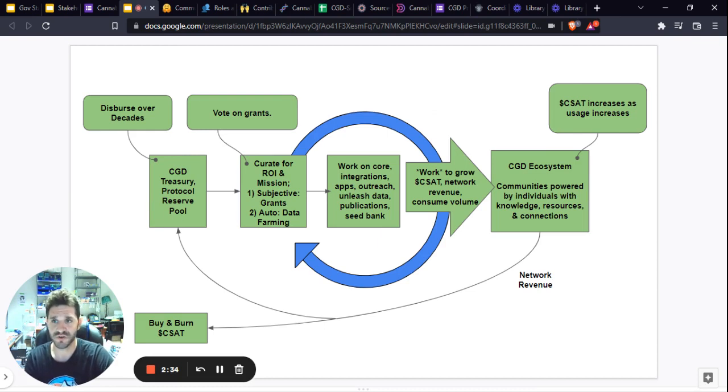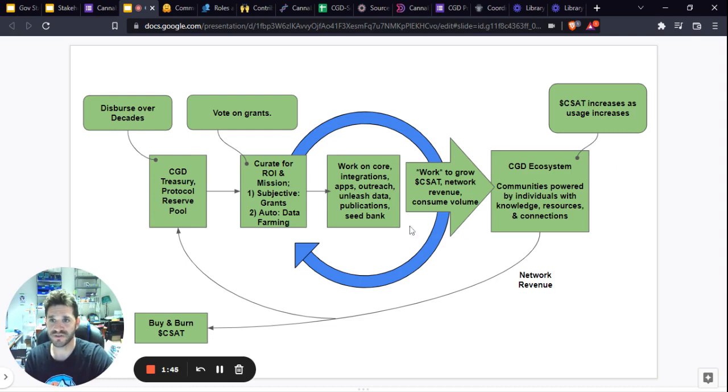reserve pool. So as we work on core integrations, apps, outreach, unleashing more data, publications, and the decentralized seed bank, these are the products and services that we're creating to generate value for our community, both the individuals and the community as a whole. And that regenerative cycle, as we work to grow CSAT, the network revenue, the consumption of data on the marketplace, the amount of publications and the amount of materials being tracked and traded in the seed bank, will grow our ecosystem. And there'll be additional communities that pop up around these things, within these things, and powered by the individuals and the connections of the network itself,